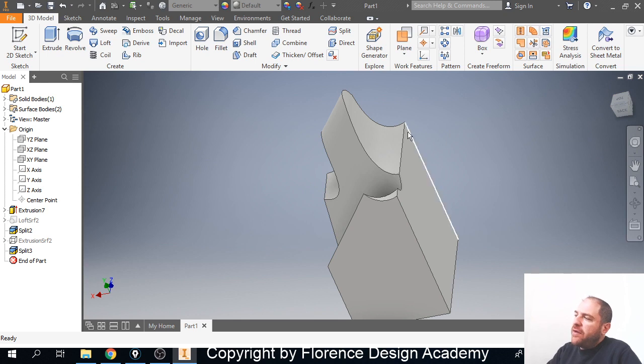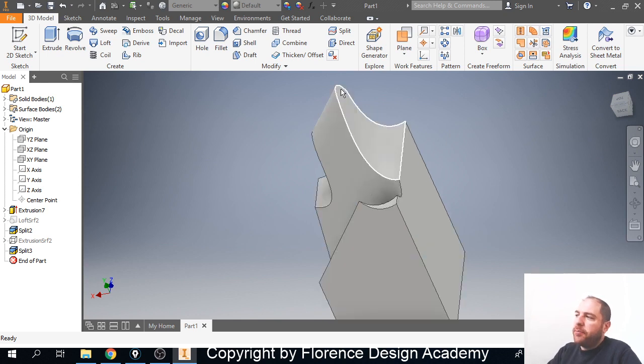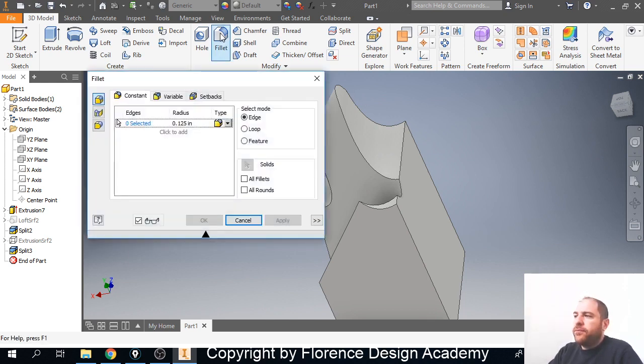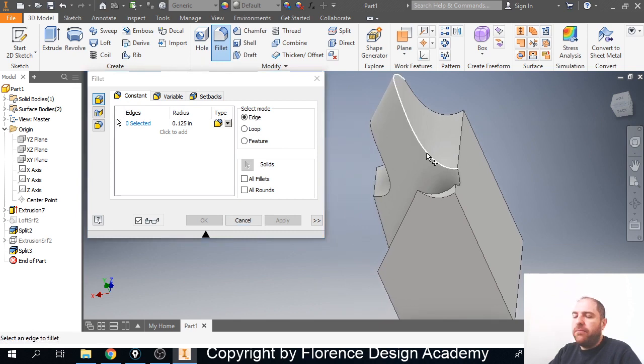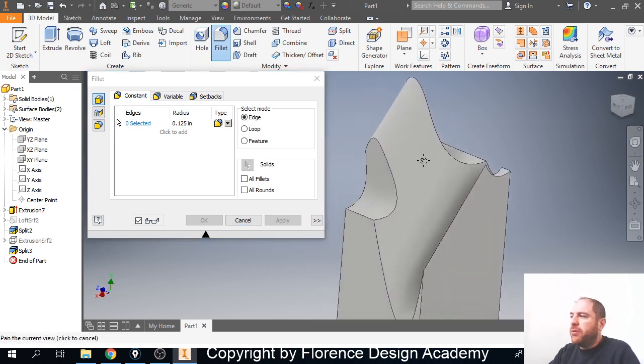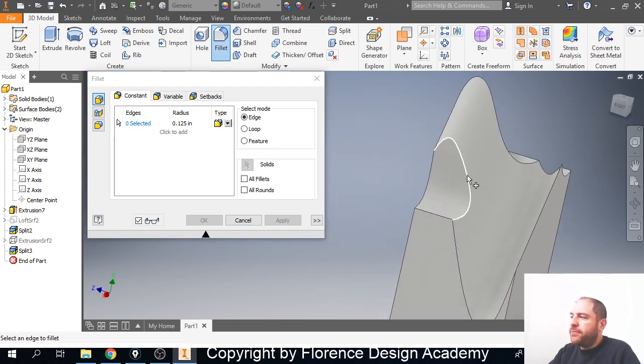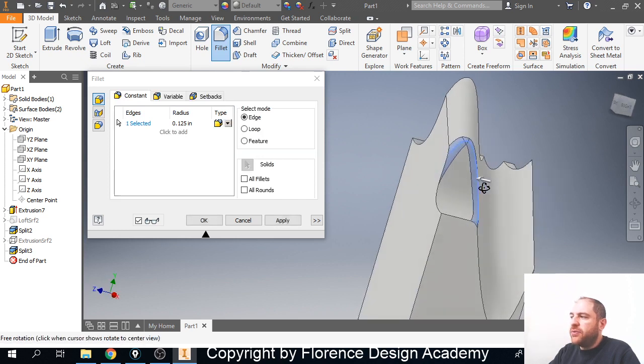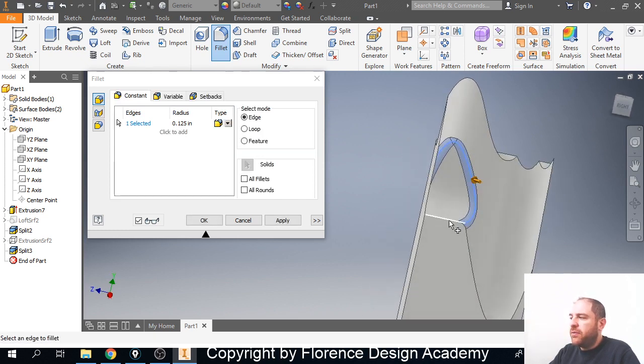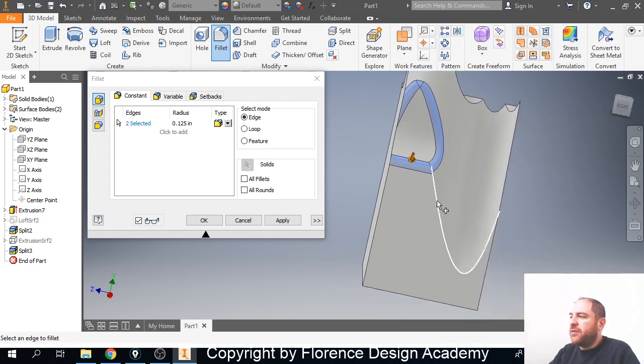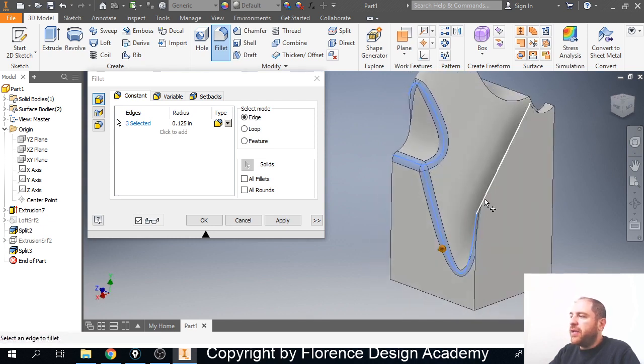Like now we have all these sharp looking edges, but we have also seen tools like fillet. So maybe I can use trim before, then I can use fillet, and I can start by rounding,